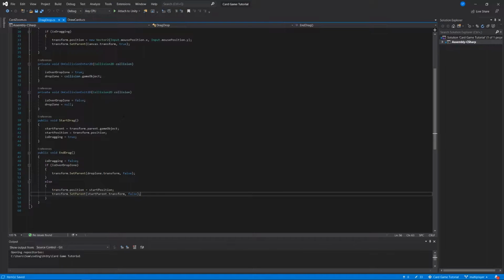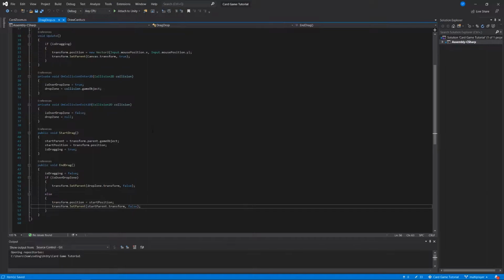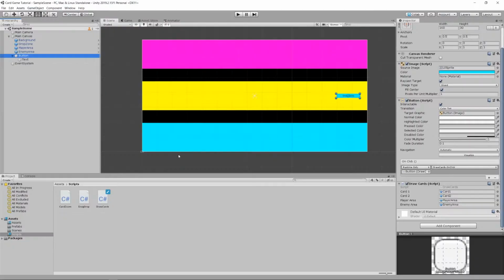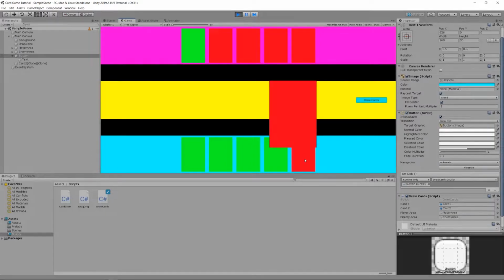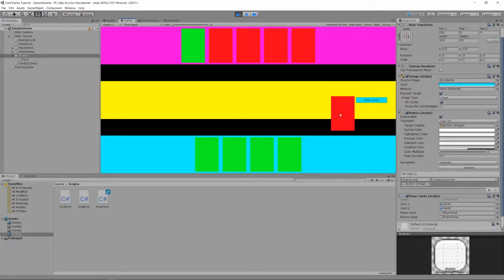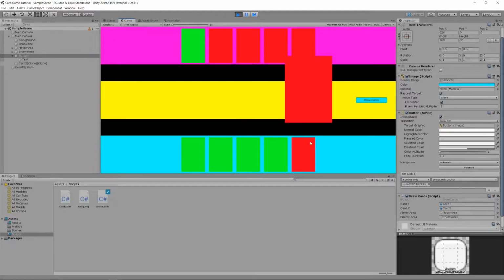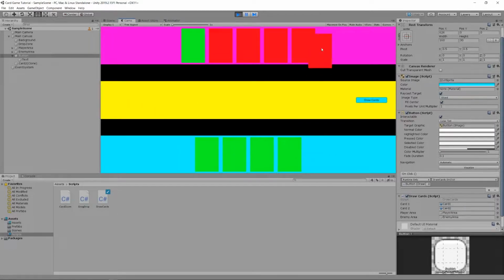And we've also done some work to make sure that it's parented as a child of the canvas, so that it stays in front. I'll just show you this right here. When I drag something, we were seeing an issue in the very first tutorial where I would drag this and it would go behind the draw cards button, or behind the enemy area or the player area or whatever. If you watch on the left side of the screen, when I drag this card, it's actually becoming